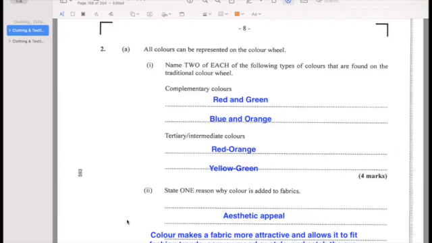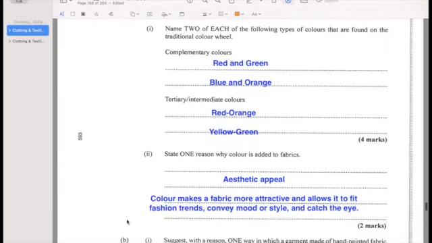Tertiary colors, all right? So 2 tertiary colors. I'm going to give you red-orange and yellow-green, all right? Next,